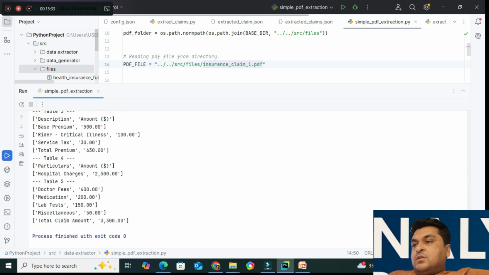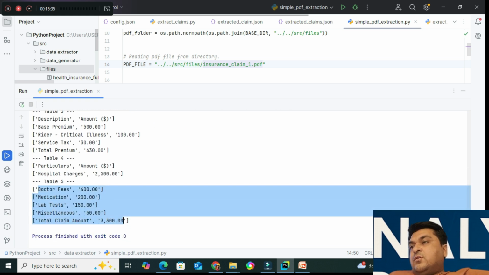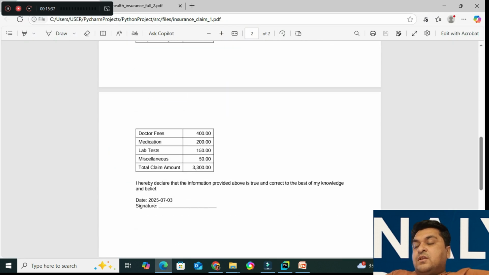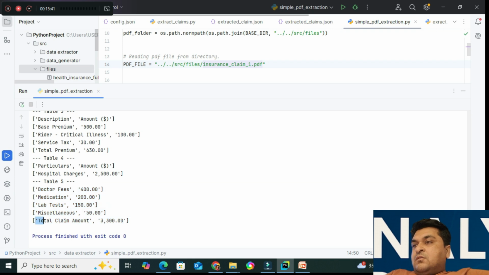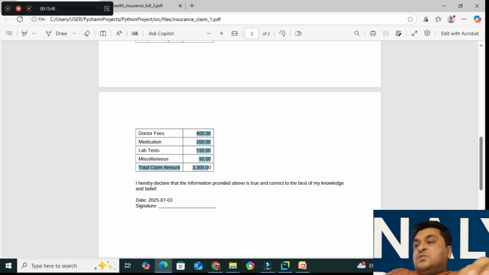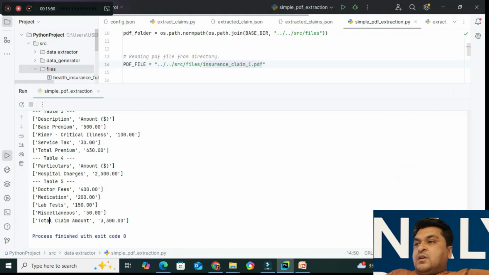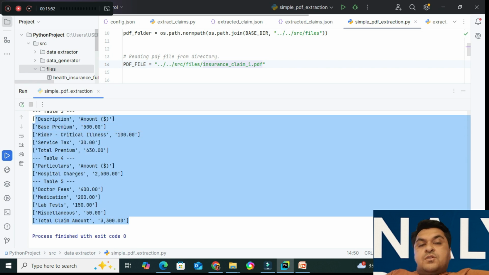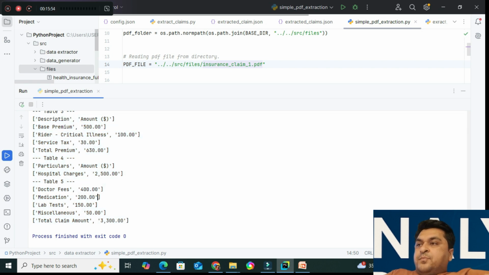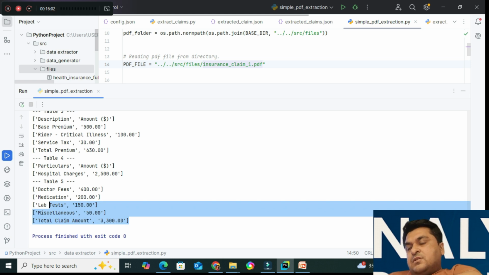Since in the case of tables we already know the data defined in these PDFs is very simple, we have key and value. So you can convert this into JSON and extract the specific key-value from it, or leveraging pandas, you can directly convert this into a data frame and store it into a CSV. In the next video we will be using the NER extraction strategy